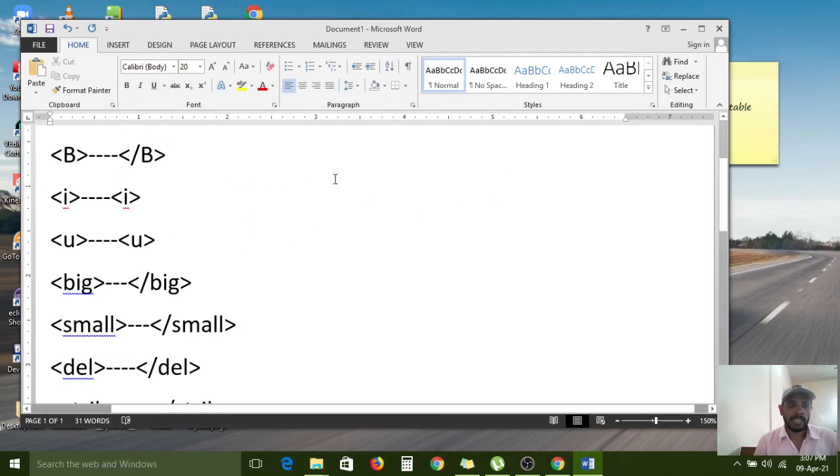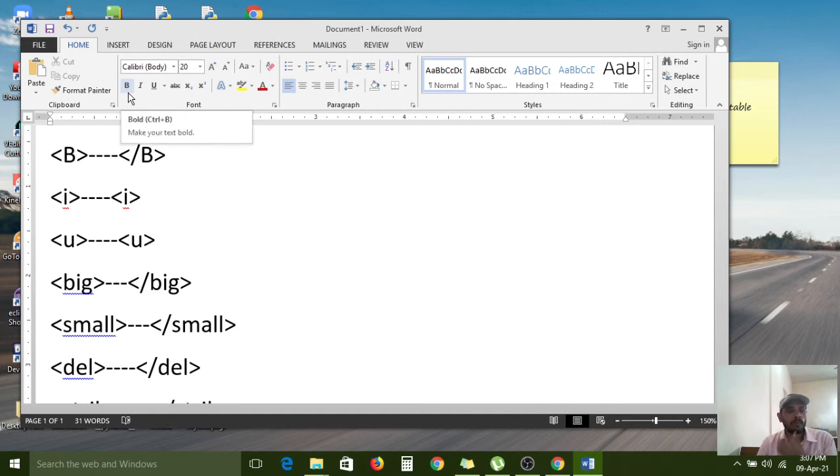If you select any text and want to apply bold, then click on the B button. Then that bold functionality will apply to our text. Same thing. If you want to apply italic, first select the text, click on the I button. Underline is also the same. Each and every option will work for the selected text.